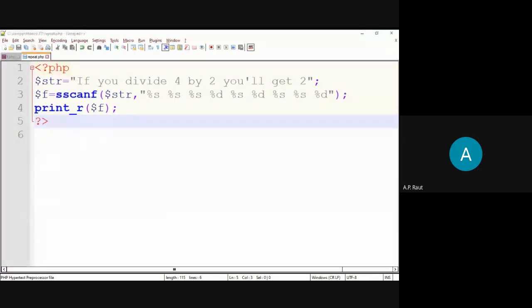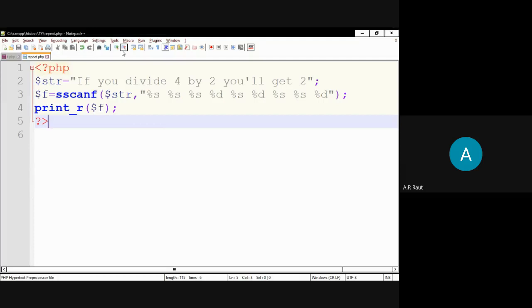So when we run the program, what is the output? What is the output? Okay, I will share the screen and see the output. Okay.